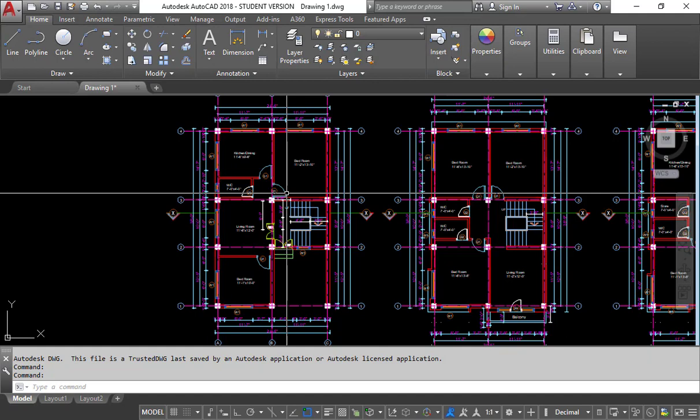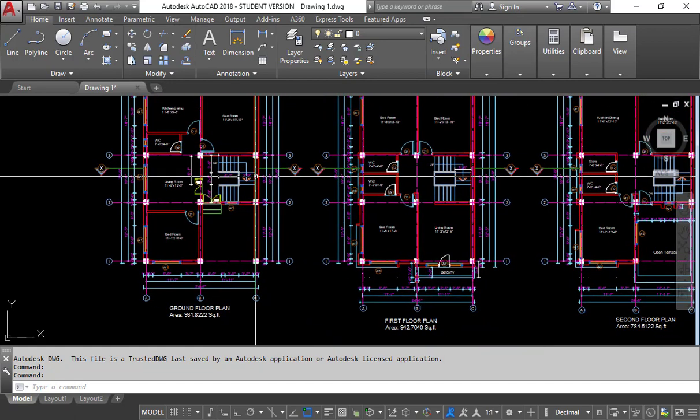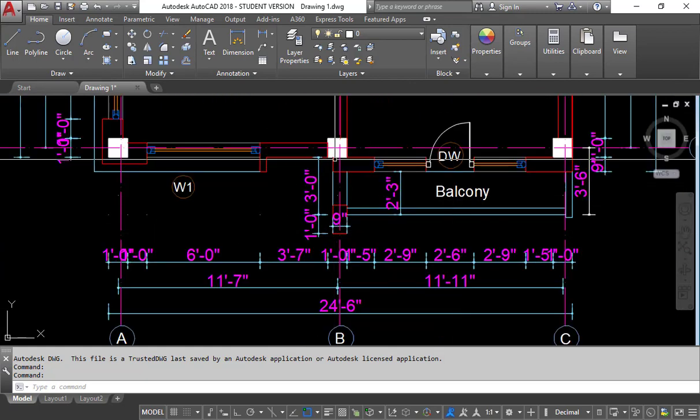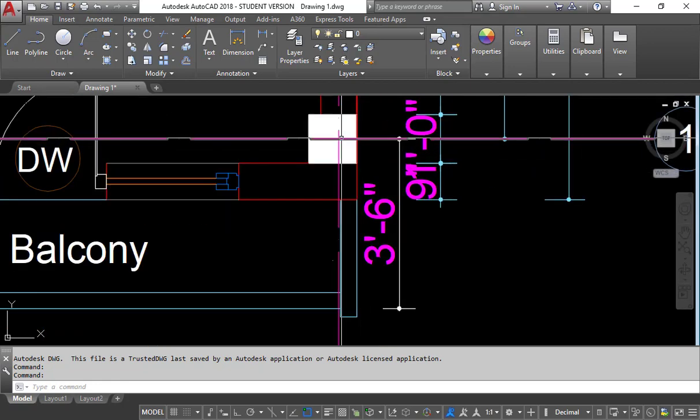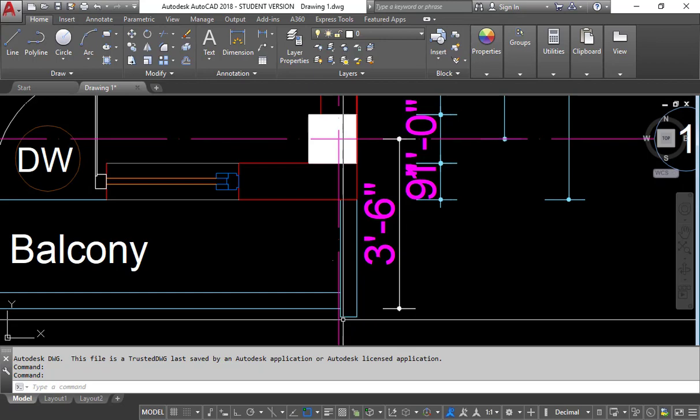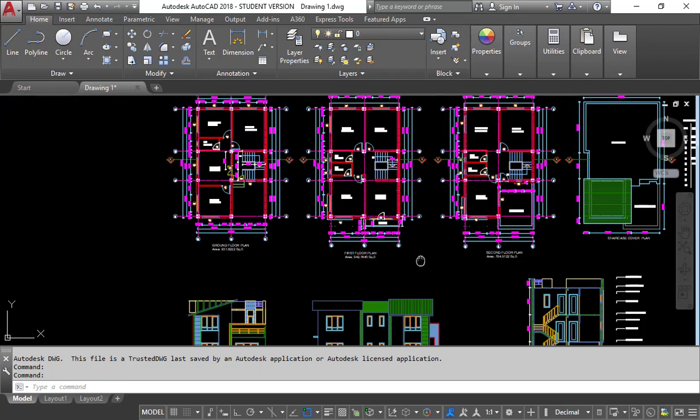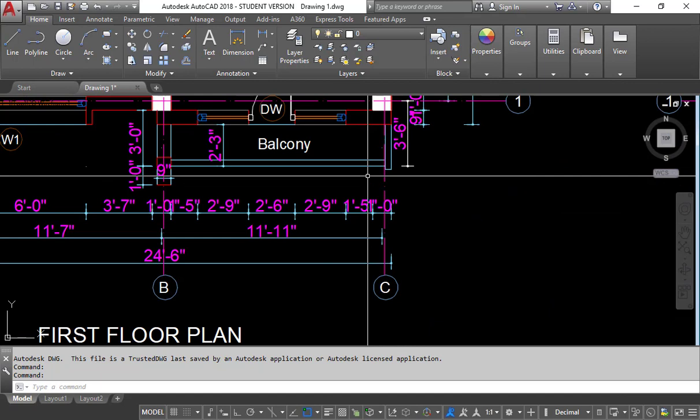So far we have discussed how to read the architectural drawing, how to define the grid, how to define the material properties, how to define the sectional properties, how to model ground floor, first floor, second floor and roof level. Now if you notice, in the first floor we have one more element and that is a balcony. And if you see, that balcony is from the center of the column at a distance of 3 feet 6 inch. So this is our balcony, and that needs to be plotted.